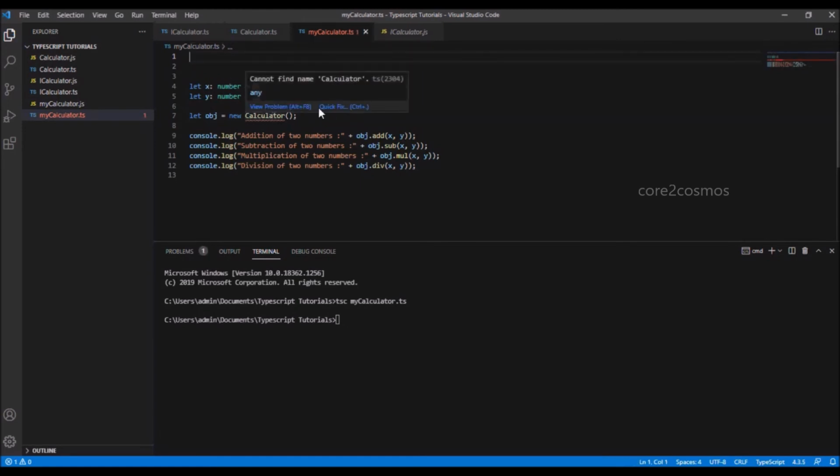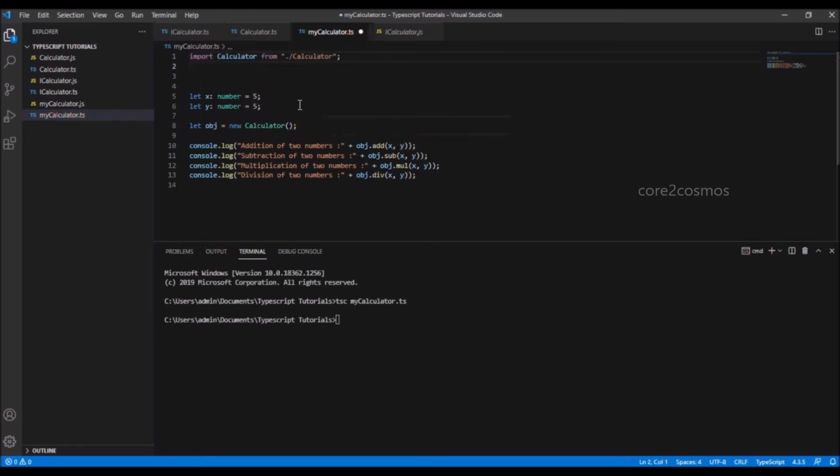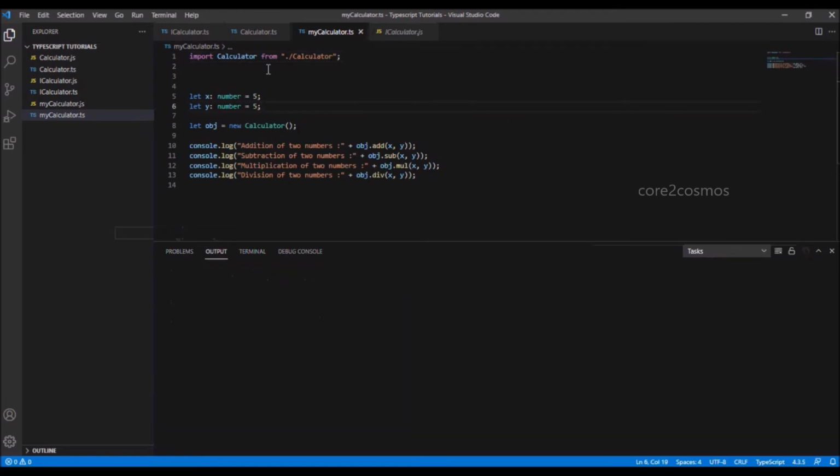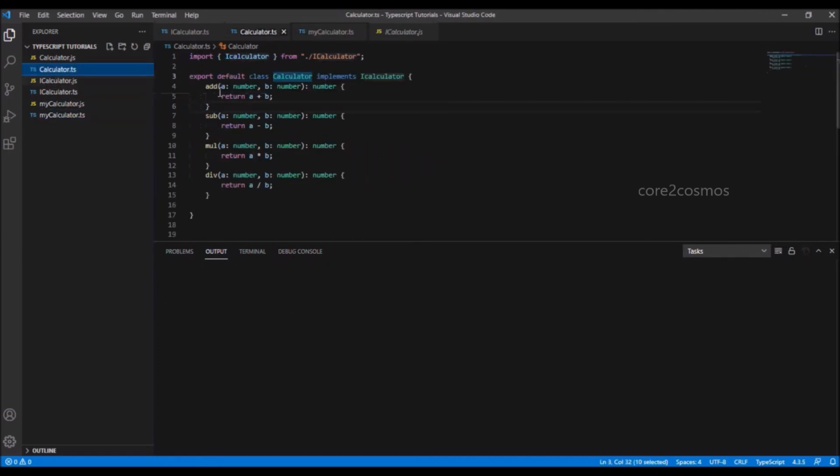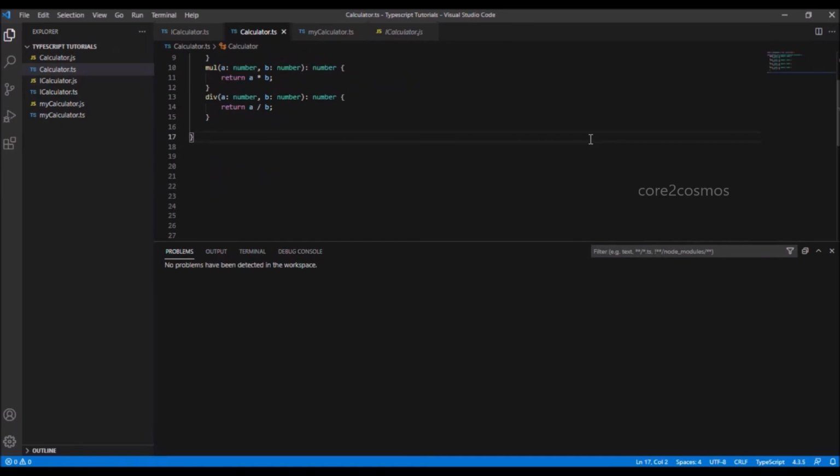I am using the quick fix option and I can see the line number 1 is modified and there are no problems in the problems window. In this way, we can use the export default option for exporting a type.